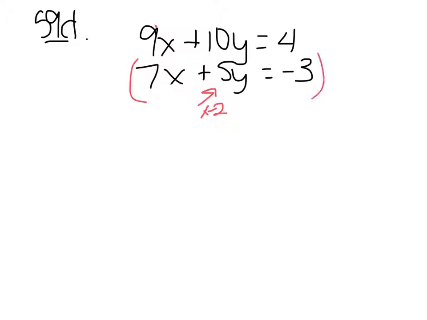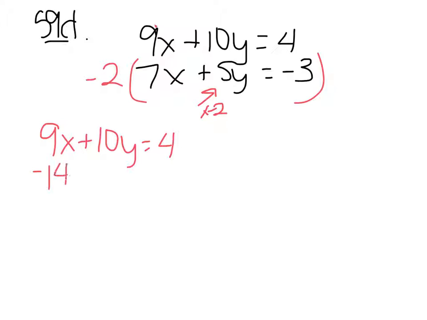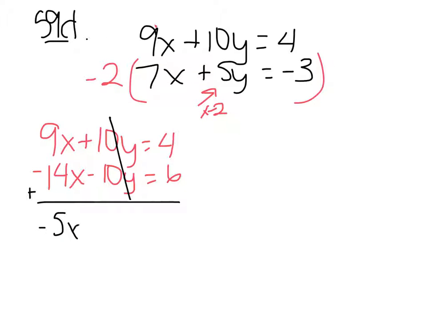So I'm taking that whole bottom equation by negative 2. The top equation is going to stay put. The bottom equation is now multiplied by negative 2. And you will notice that when you go to add it together, those 10y's are going to eliminate, which is exactly what you wanted to happen. So we get negative 5x equals 10, and then we can solve for x. Divide both sides by negative 5. X is equal,